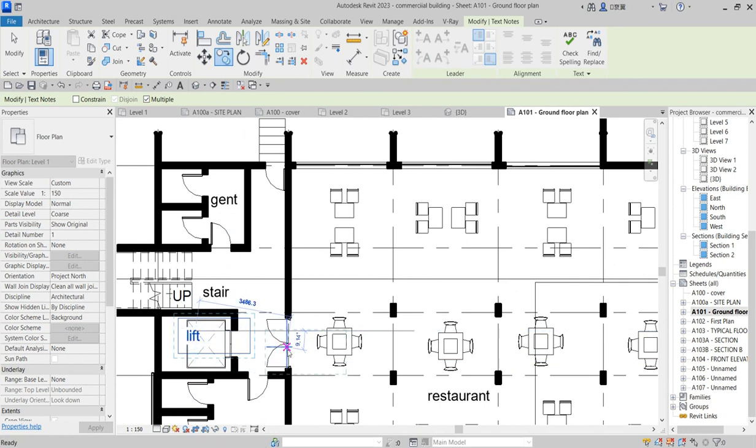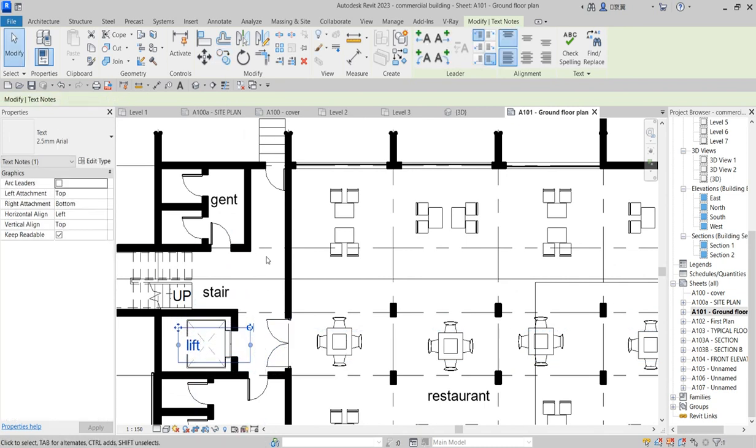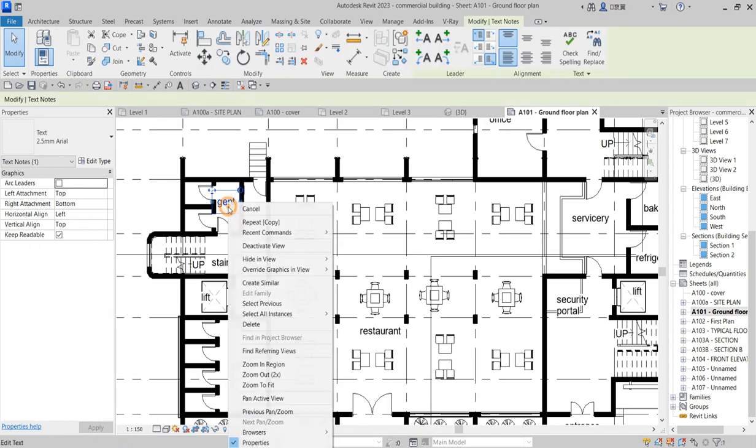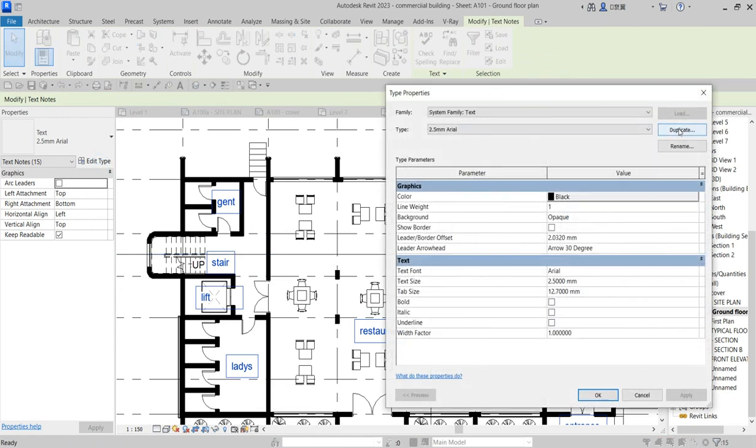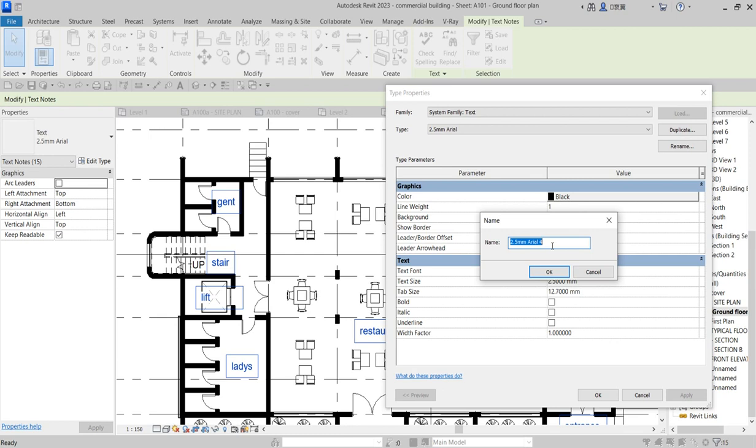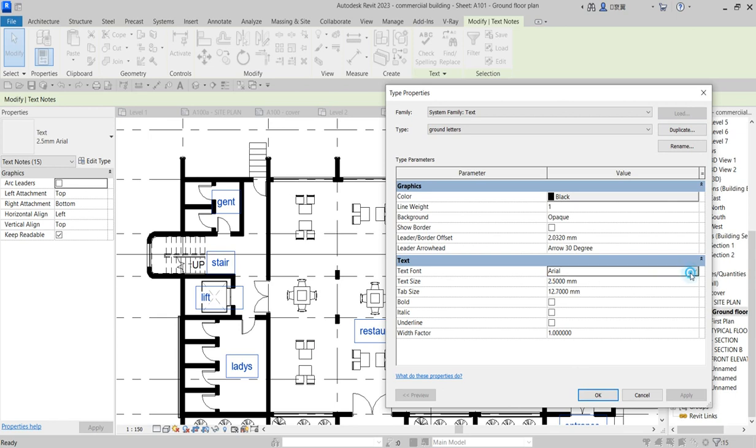This place. So good. So now the annotation you have done, you need to change the type. Just select all instances, then duplicate this one, duplicate it and change the name to something like ground letters. The reason you will change is that if you make any alteration to the earlier letters, this one will remain its property, while that one will go. So I'm going to use techniques,